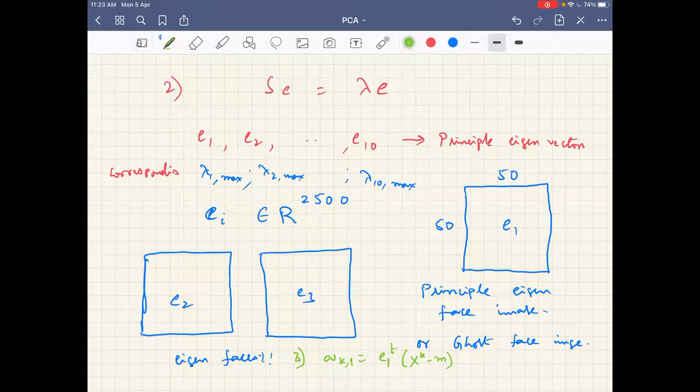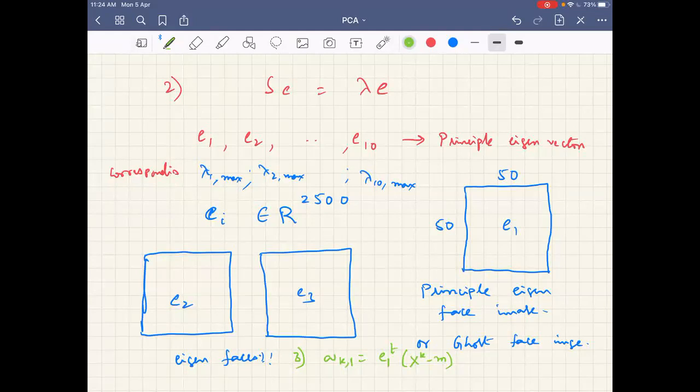Similarly, for the second sample face image with the principal face image, or the first ghost face image, we are trying to find out the correlation. Do you understand my terminology? The dot product of two vectors is essentially the equivalent of correlation. We are trying to find out the cross correlation between the eigenfaces and the samples, to see the component of information that is there in the sample versus the eigenface.